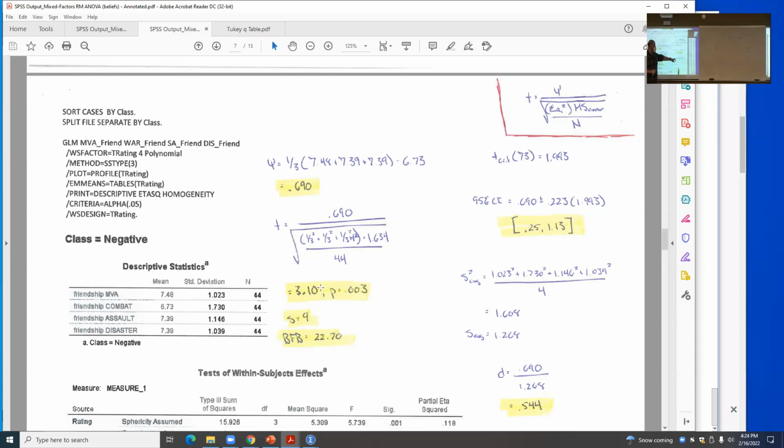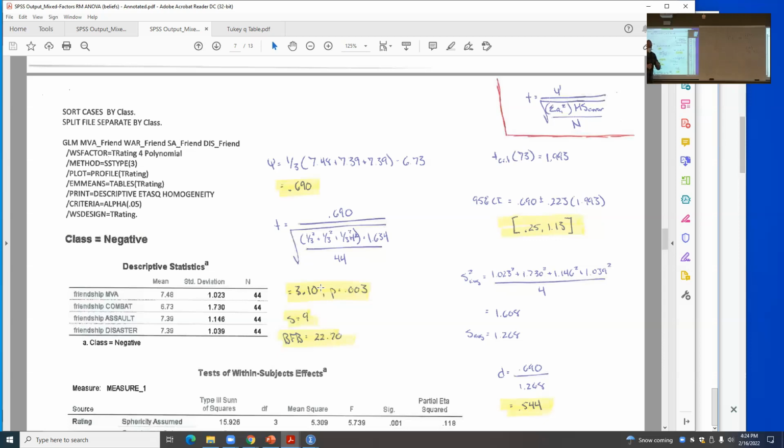Why can I do this? Yeah, it's within-subjects, so it's the same thing, right? I can take the average of my variances, take an average standard deviation, take my point estimate for the value of my contrast, divide it by my standard deviation, and I get an effect size of